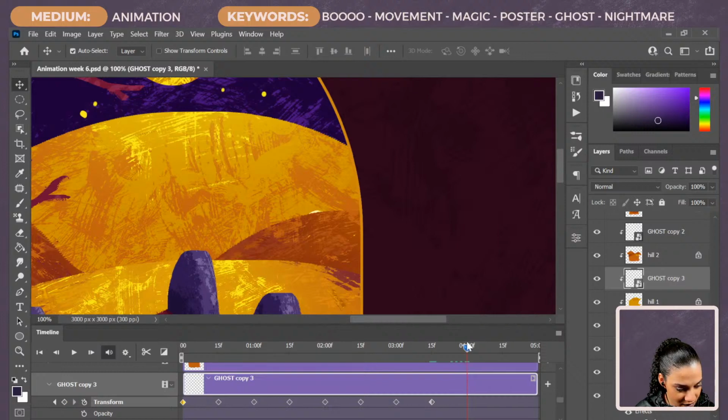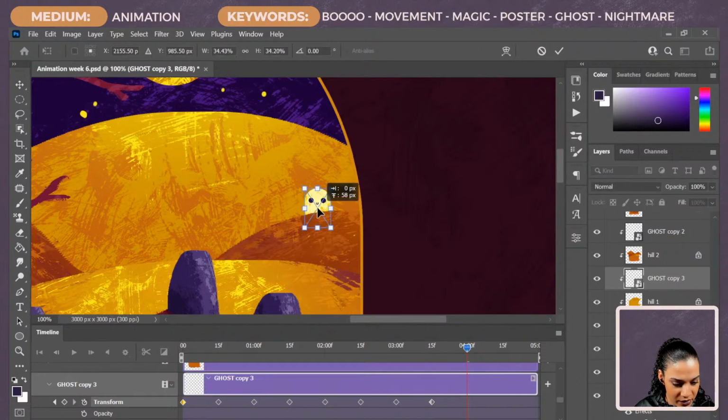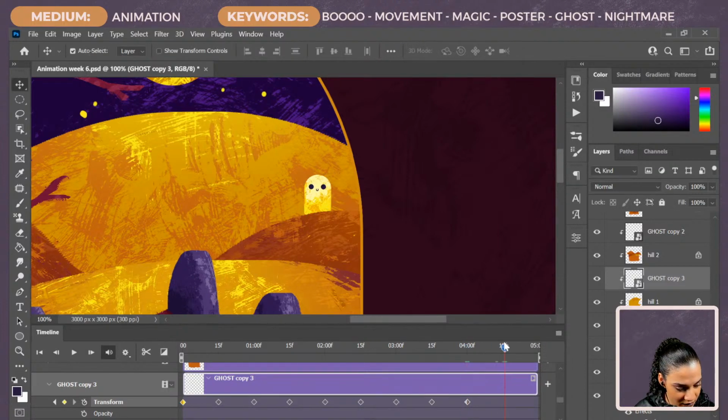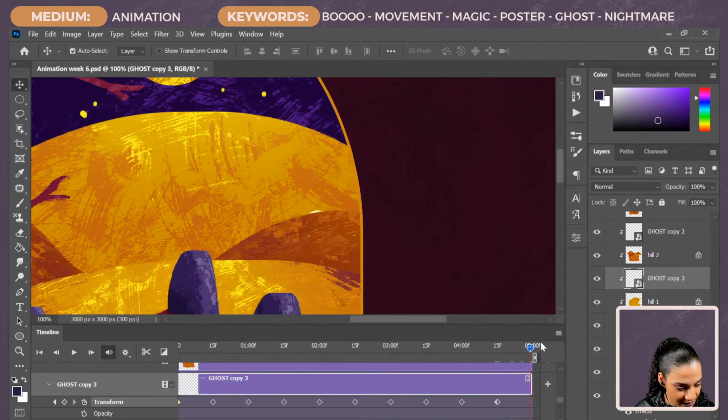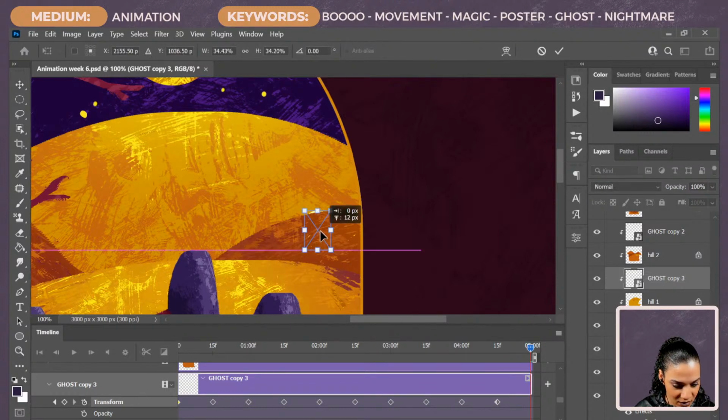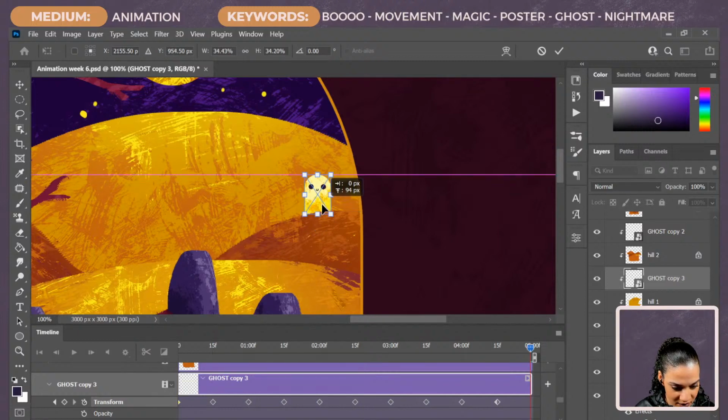Scrub. Bring them up. Scrub, bring him down, and then scrub one last time and bring him up again, since we started him in the upward position. Boom.